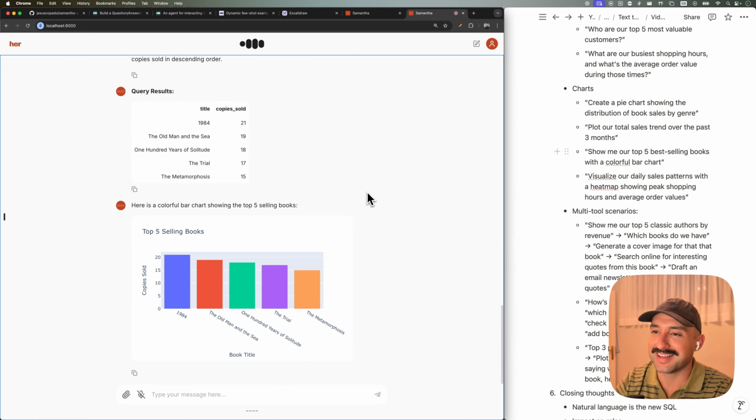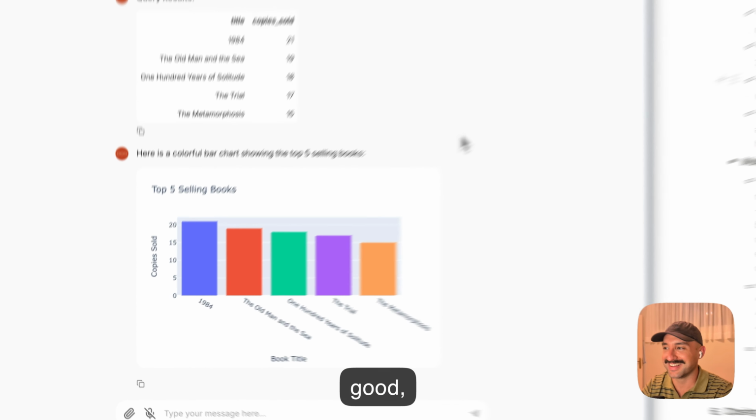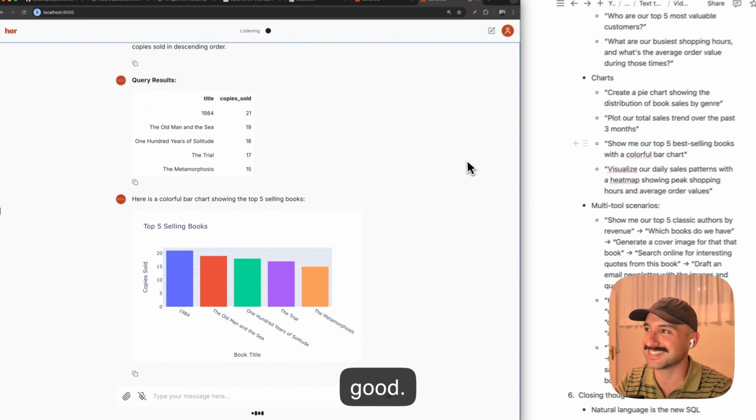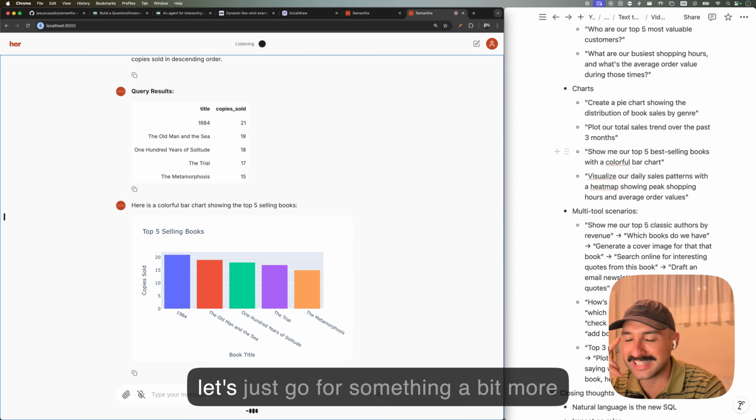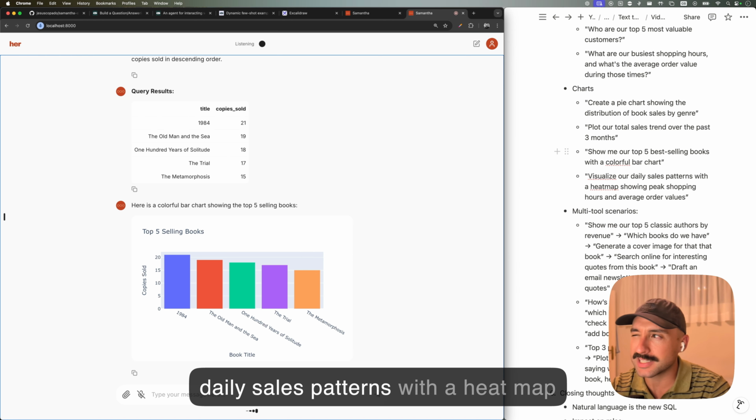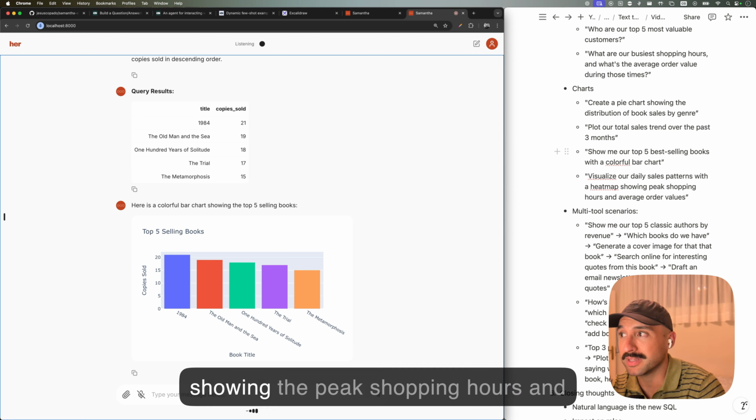Here is a colorful bar chart showing the top 5 selling books. 1984 leads the way, followed closely by The Old Man and the Sea. This is good. Let's go for something a bit more complex. Can we please visualize our daily sales patterns with a heat map showing the peak shopping hours and the average